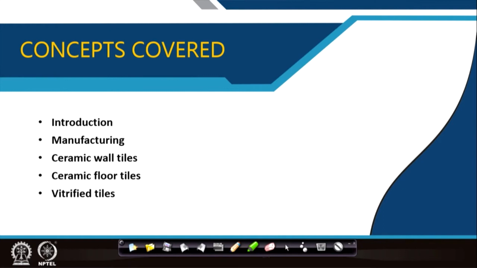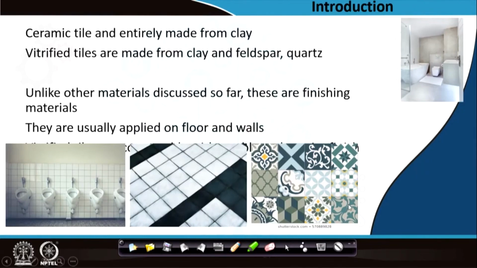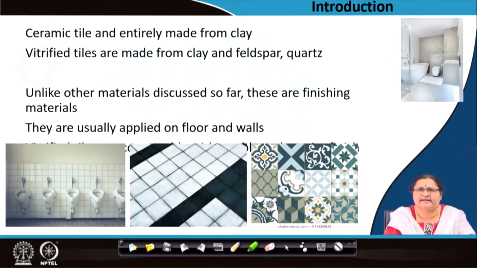Yes, obviously the introduction, and we have to know the manufacturing process, the ceramic tiles which are mostly seen placed on the floors and on the walls, and also the vitrified tiles which are gradually replacing our stones. We had elaborated on stones earlier. So, as I have told you, these basic materials, that is ceramic tile and vitrified tile, are made from a major constituent of clay and sand. So, it is nothing different from what brick was made of, and even glass is also made from sand,